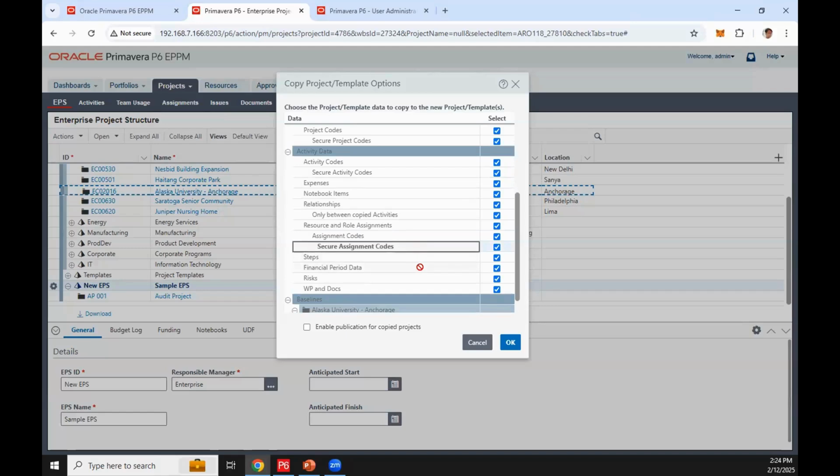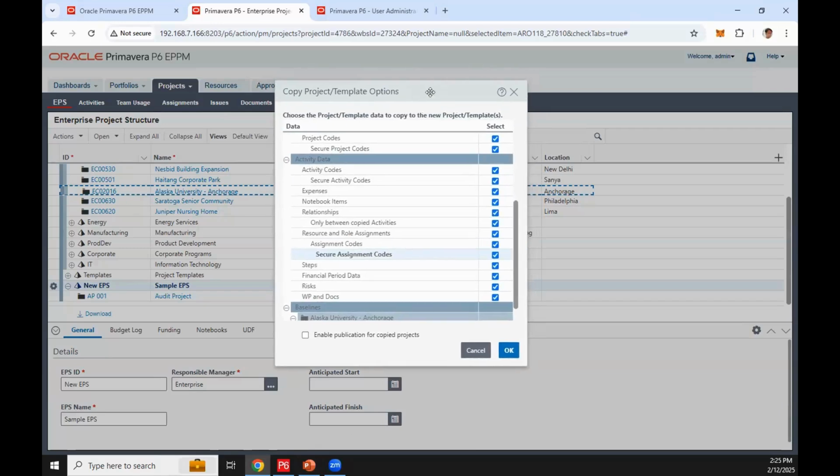When we say secure codes, this is a code that only an authorized user can modify or delete. So no one can modify those codes unless you have the authority to change or delete them.